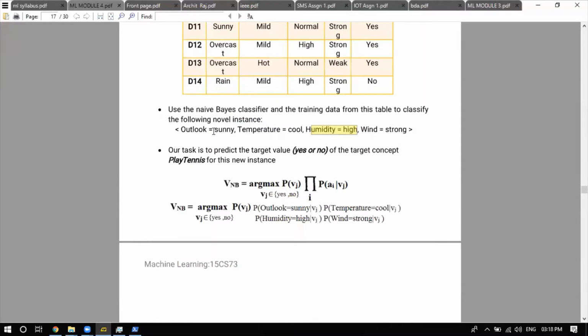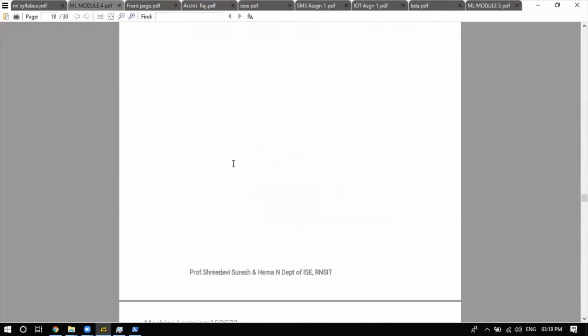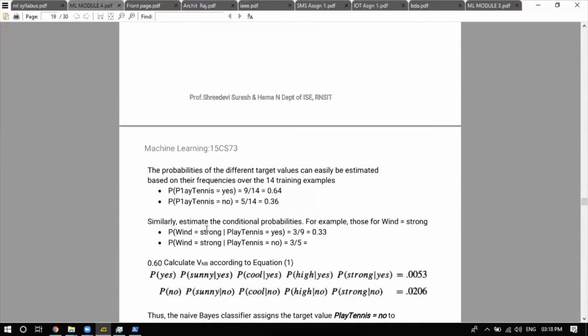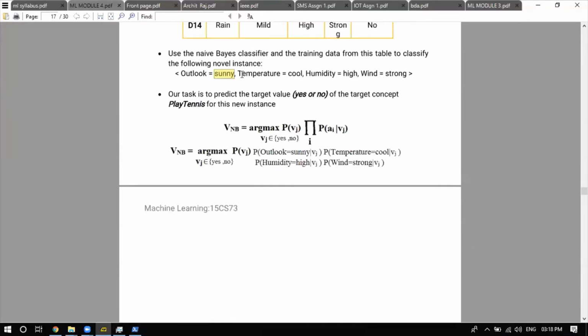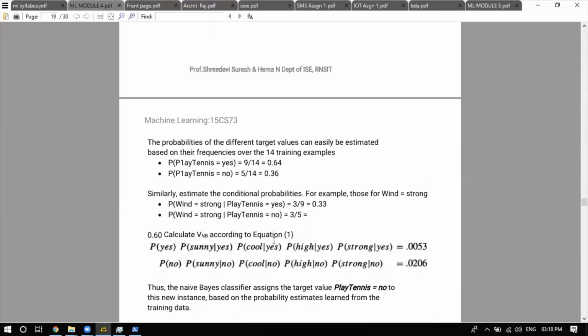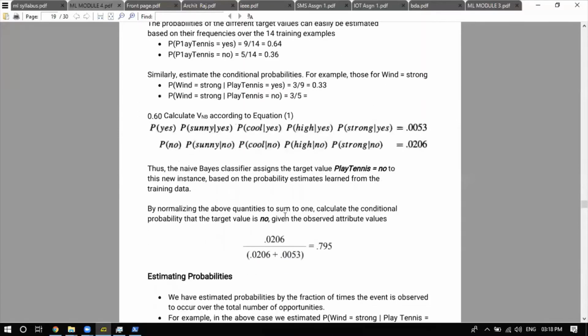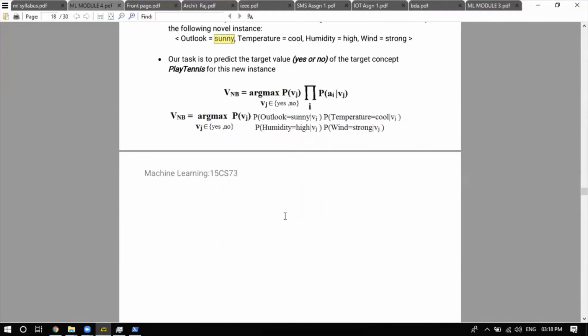We find outlook sunny when play tennis is yes, and outlook sunny when play tennis is no. So for each and every feature, like outlook sunny, temperature cool, humidity high, and wind strong, we found a particular number when play tennis is yes and when play tennis is no.